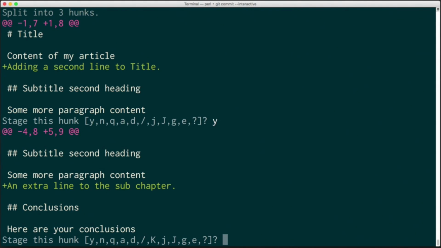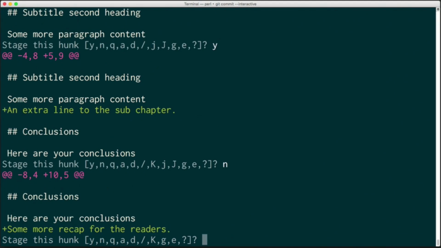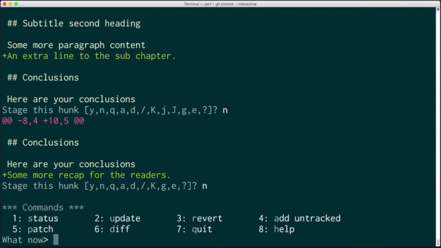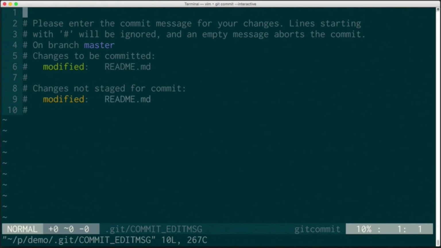And then it asks me about the second line. Do you want to put this into the staging area for the next commit? No, this I don't want. So I just say no. And the third line as well, I can say no, I don't want to commit this one. So this is a way for me to explain how you could commit only a feature and leave the bug fix out. After I'm done, I can just quit this session, typing Q, and you're dropped into a commit